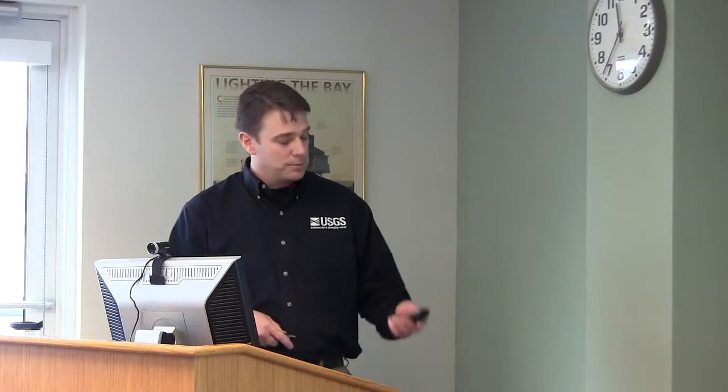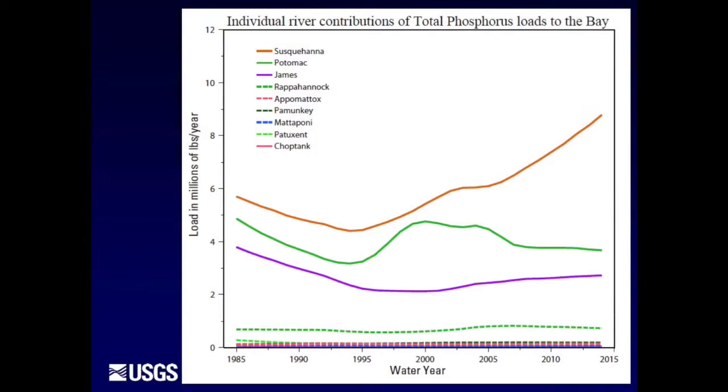So for the overall pattern within the phosphorus being delivered to the estuary, we're seeing there's basically a general tendency to increase from 1985 to 2014, and the rate of increase has really stepped up over the most recent 10 to 15 years. So if we break this signal down into its individual stations, we see the following pattern. So again, from top to bottom, these are the flow normalized loads in millions of pounds per year from 1985 to 2014. The orange bar at the top is the Susquehanna and the pattern we see over time there, followed by the Potomac in green, the James in purple, and then the Rappahannock is really the last one you can distinguish in the dotted green.